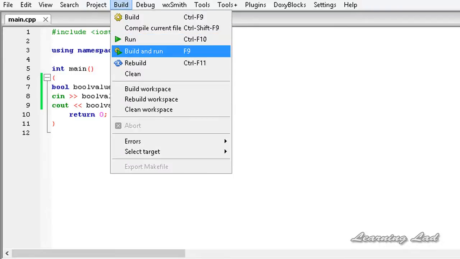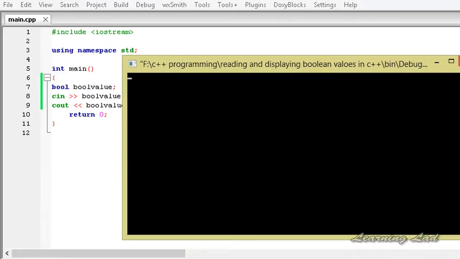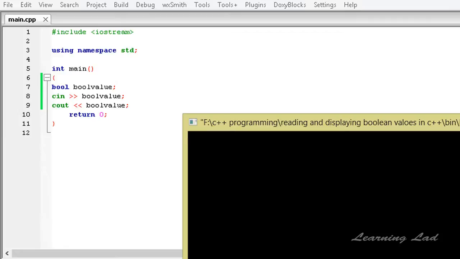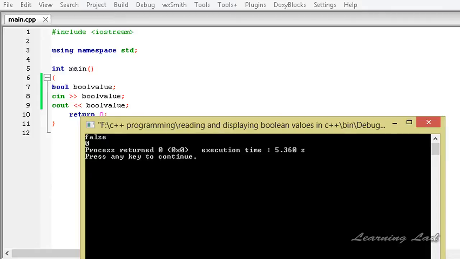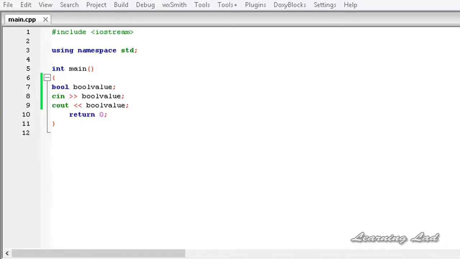But I don't want to pass zeros and ones for false and true. I want to pass either true or false as a string. So if I try to do that with this code here, I just want to pass true, and if I hit enter, it returns 0. And if I build and run it again, and pass false and hit enter, it returns 0. It means that we can only pass either 0 for false, 1 for true. We can't pass true and false the way that I have done here when we use the normal IO,